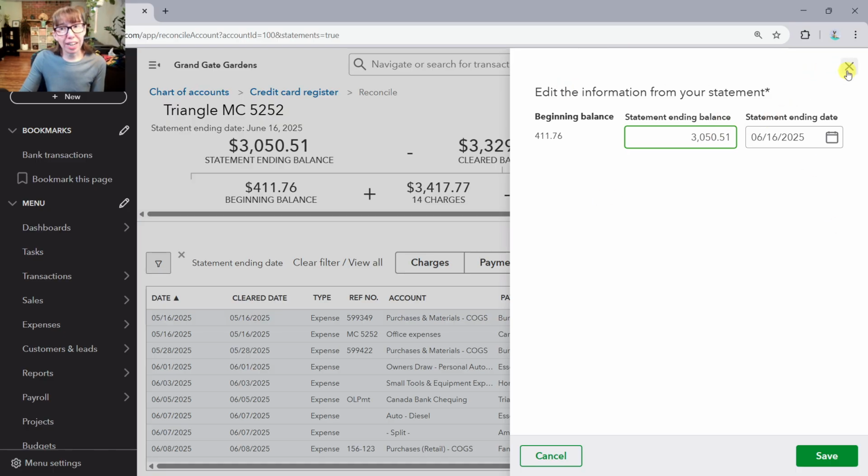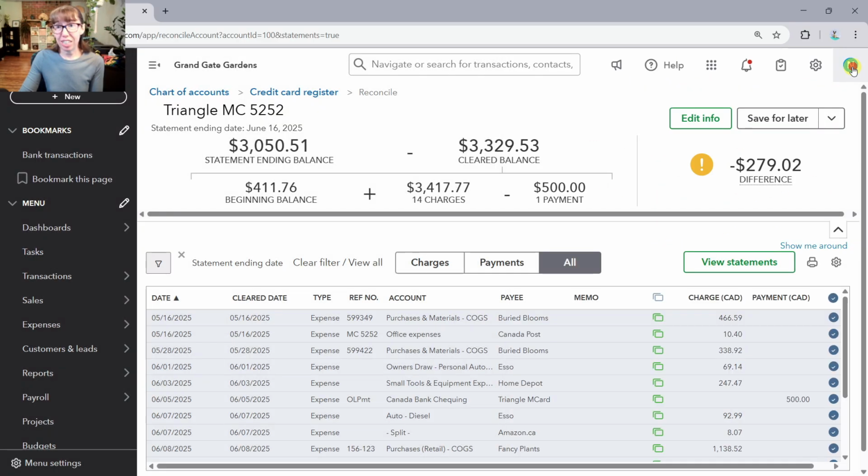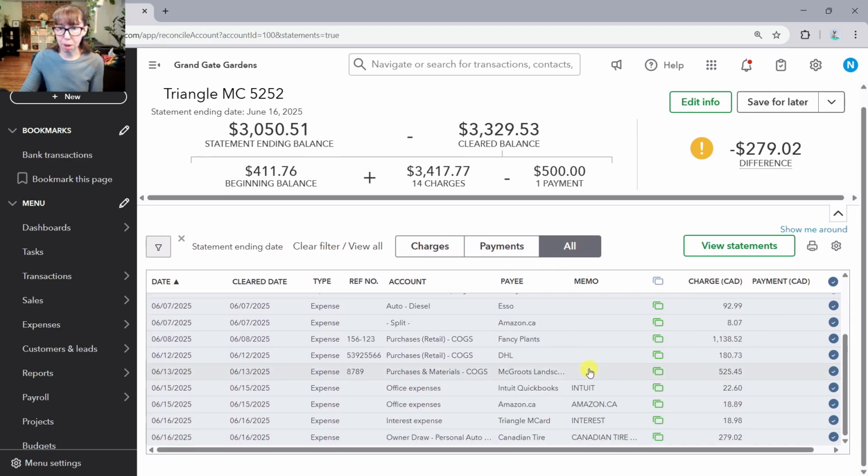But with credit card reconciliations, checking this information I've entered actually isn't my first step when I see a difference. Because remember how this 16th on the credit card feed is noted as the 16th, but we didn't see it until the 17th on the statement? That happens quite often, especially at the end of the statement. So if we scroll down to the bottom,